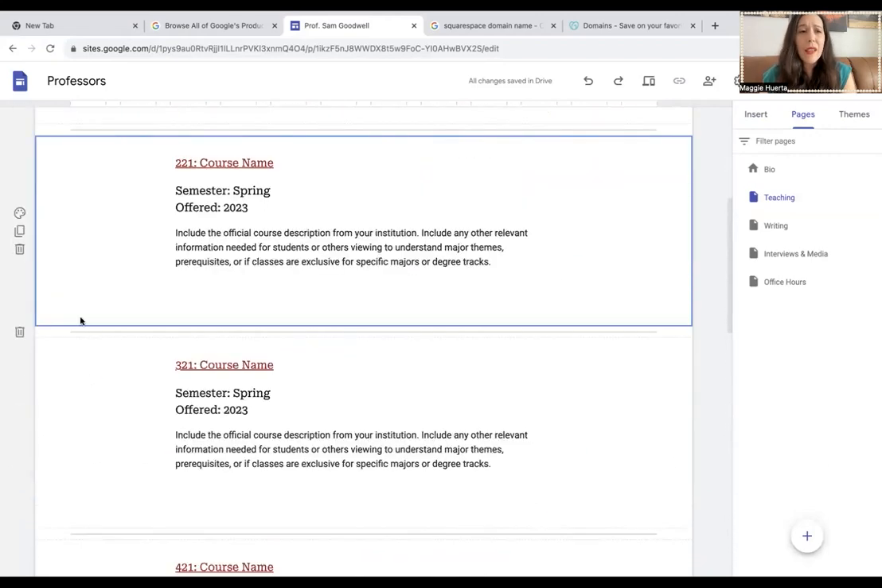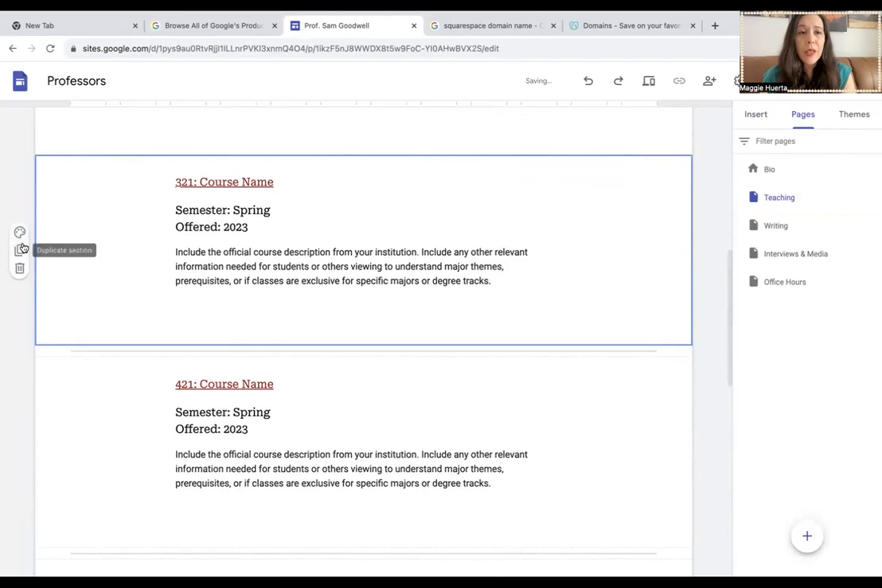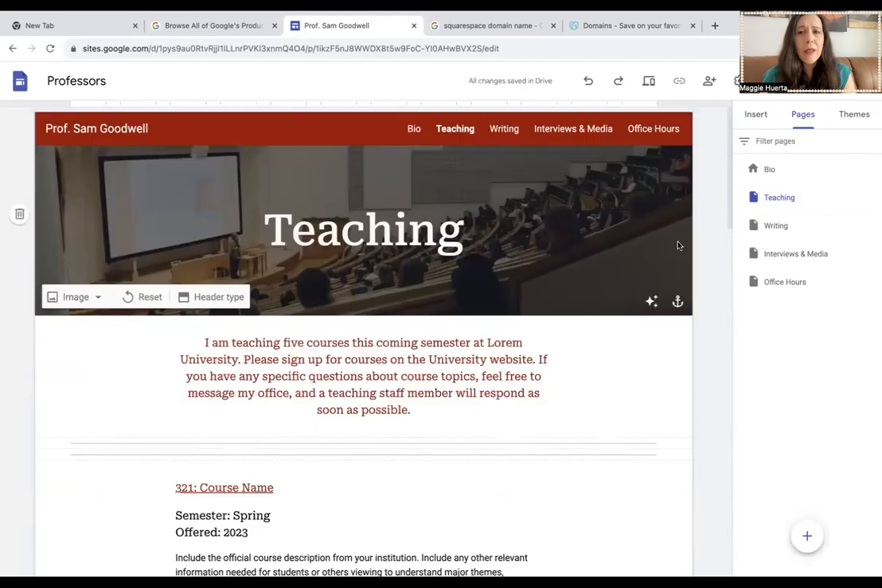So adding and deleting things is super easy. You see this trash can, you can delete. You can also duplicate something. See? So it's so easy, I think. I mean, compared to other, I've tried